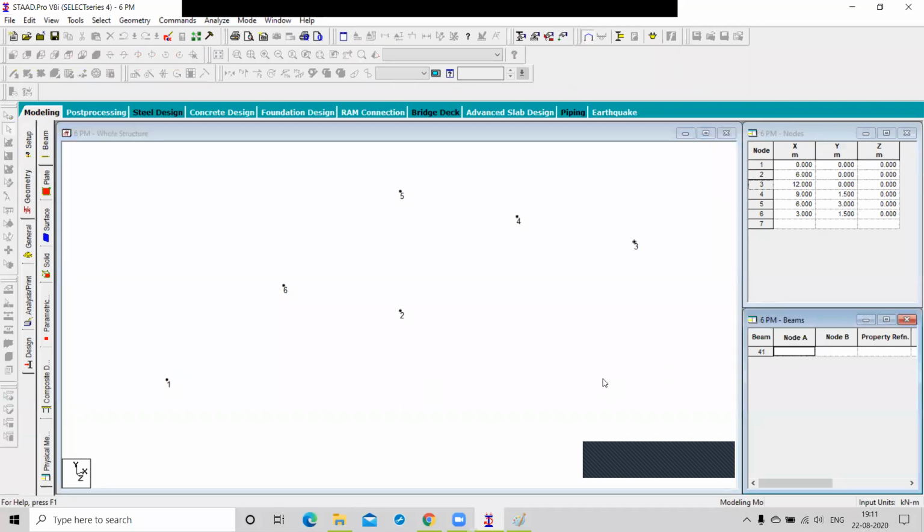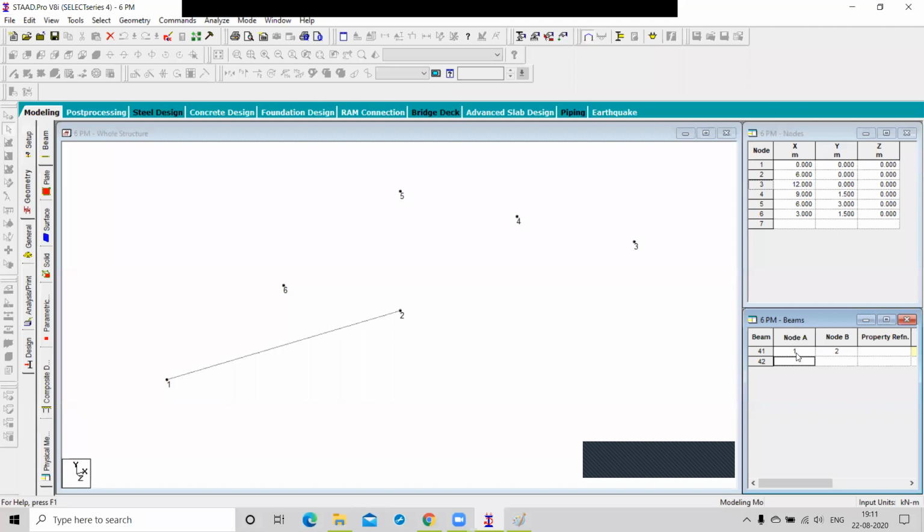Now I am going to draw a beam between node number 1 and 2. So you specify 1 in node A and 2 in node B. So see, the beam is created.